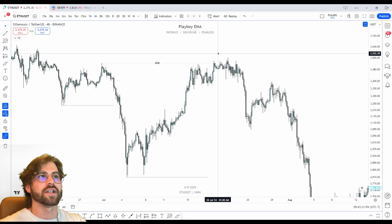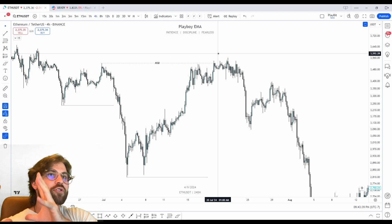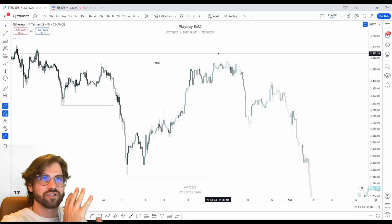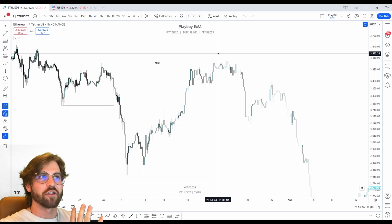Day trading can be, because you're in and out within 4 to 5 hours, and I've actually been pushing myself to day trade more. If you're in Playbit, if you're in my private community, you know that at the beginning of the year I was swing trade heavy. Now, very day trade heavy. Almost every day I'm taking 2 to 3 day trades and then getting out of the market